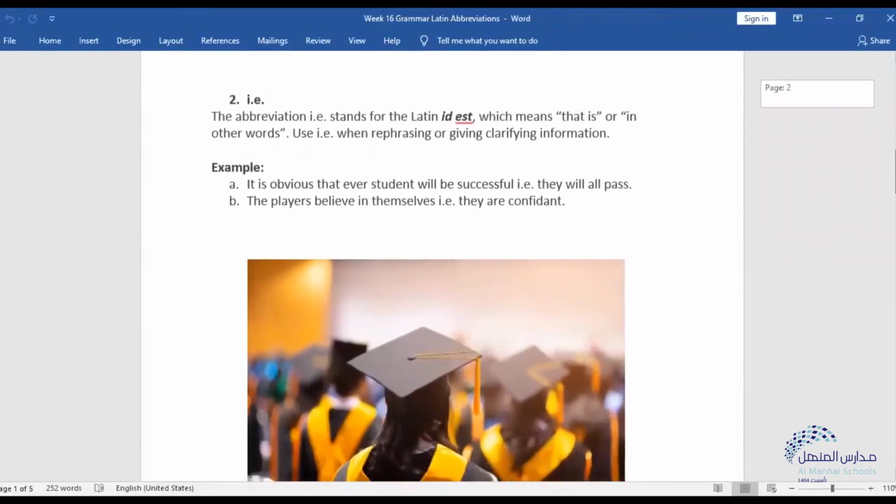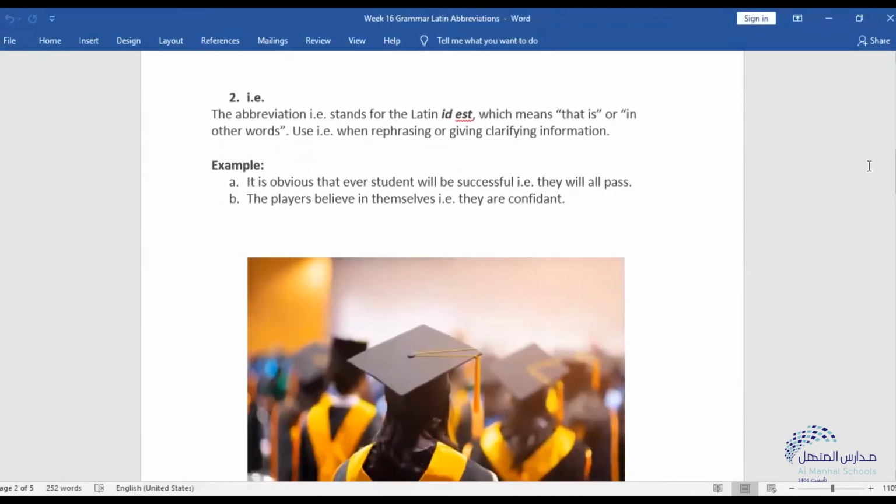The second popular abbreviation, i.e., this abbreviation stands for id est, which means that is or in other words, right? So you use i.e. or id est when rephrasing or giving clarifying information, when you use different words to say the same thing, right? Looking at the example,